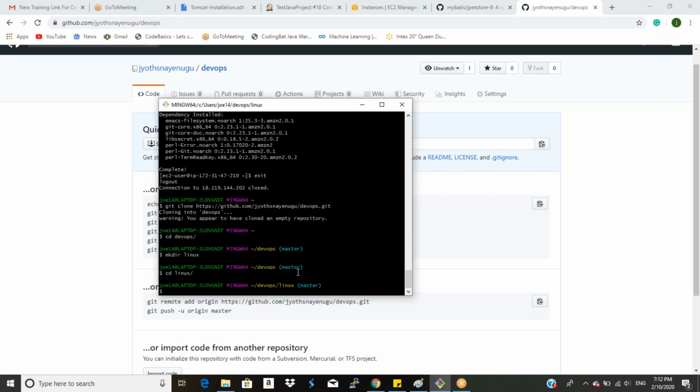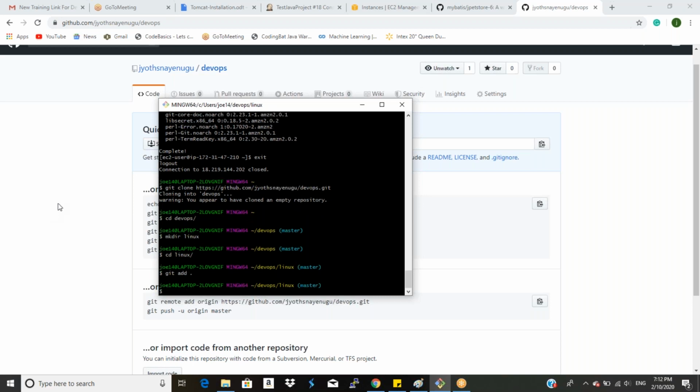I thought only dot sh files. So the same process for the picture too. Yes, screenshots. Whatever screenshots you have taken, copy everything inside the Linux. So let me do one thing. You can do that later also. First of all, git add dot, git commit, git commit hyphen m,